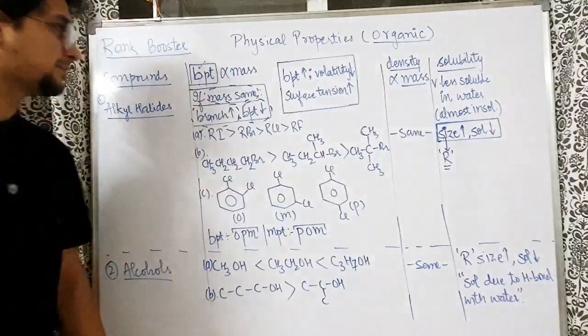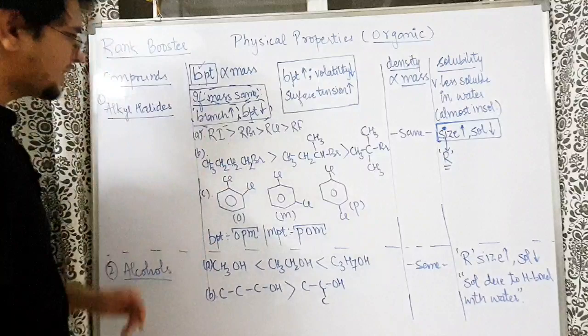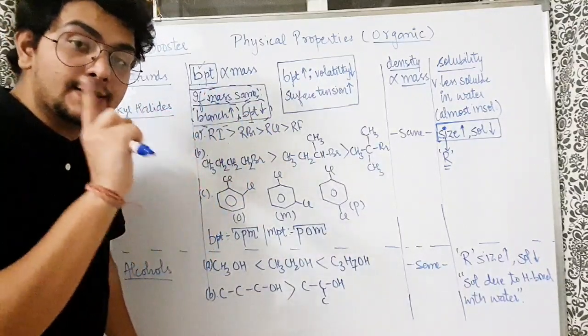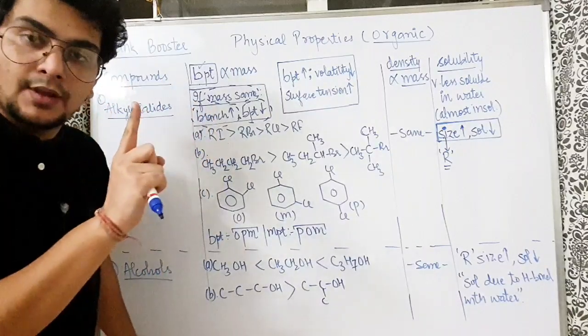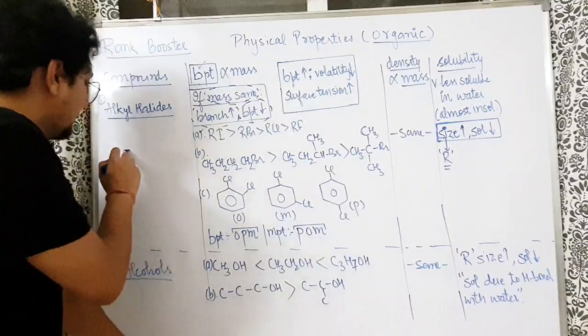One direct question: Sir, what if the mass is same? If the mass is same, then more branching, lower boiling point. Understand, if the mass is same, then check the branching. Do not check the branching before checking the mass. Sometimes what people do wrong is that they find